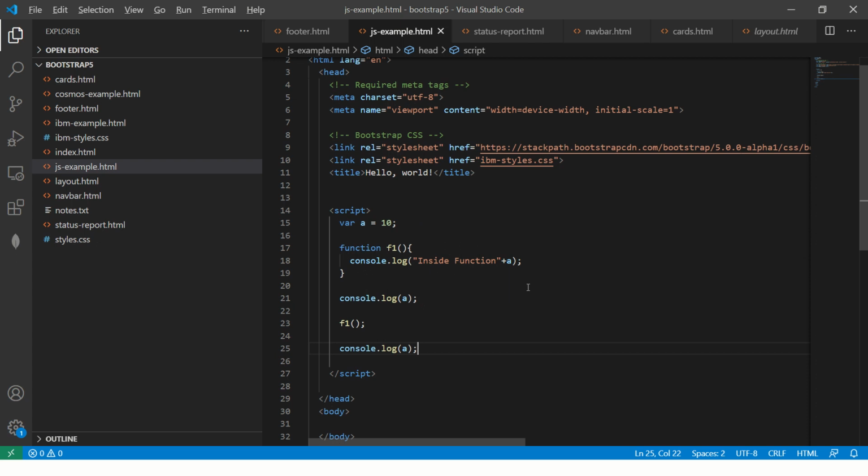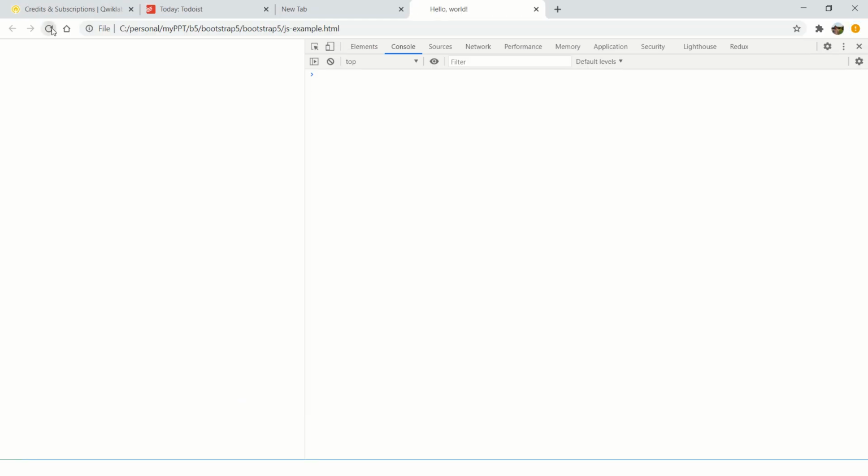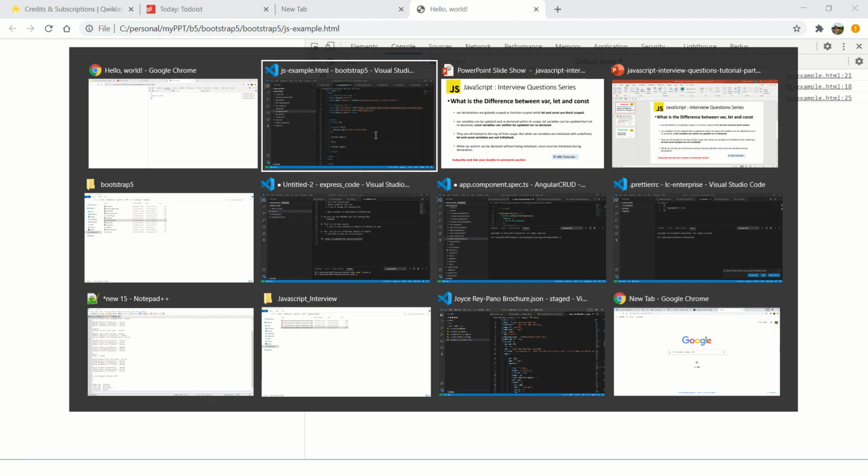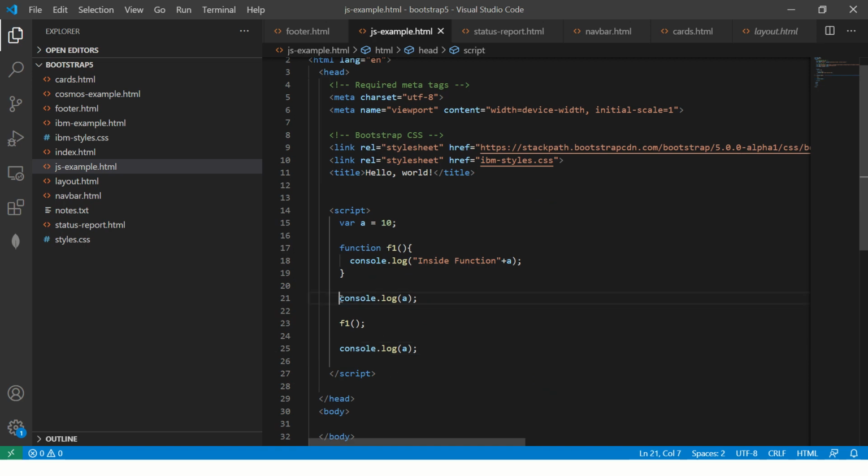Let's see the output. All right, so I've opened the browser here, and you can see 10, inside function 10, and then again 10 because I have one more console.log. So these three are working fine for the variable. Now let's see this. I'm going to add one more variable by the same name.